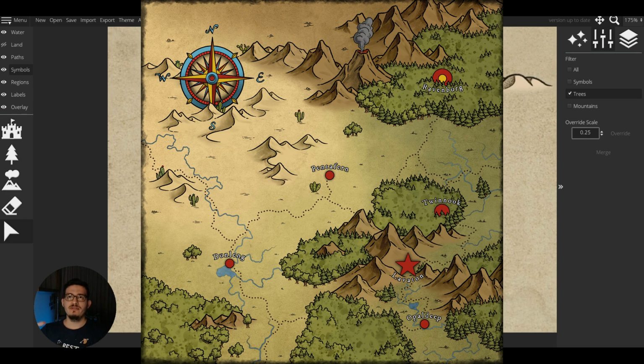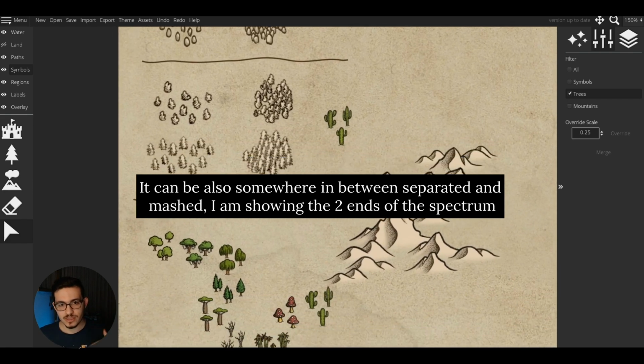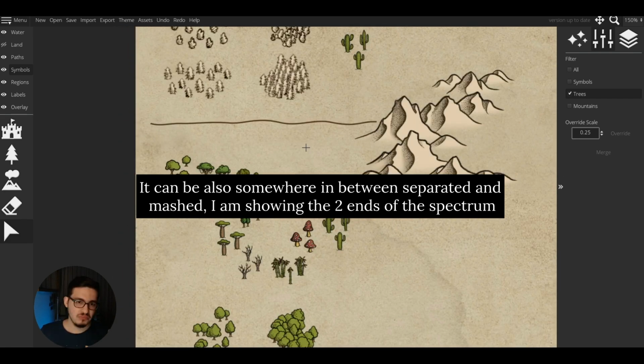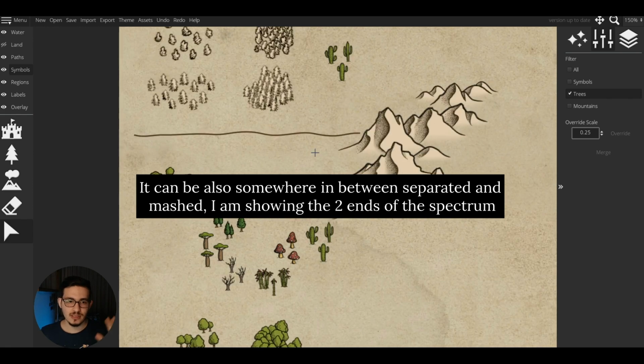You basically have the forest and you have the outline represented by trees, but the inside is just filled with colors and a few trees. These are the three main categorizations we can do: minimal, semi-minimal, and detailed. And for each of them we can have two types of placements: separated or meshed.